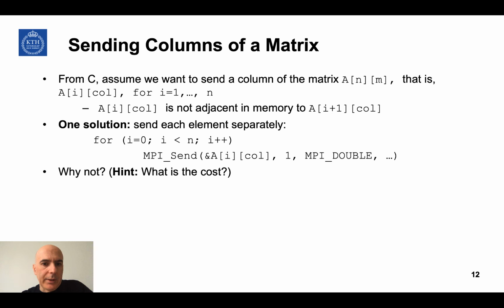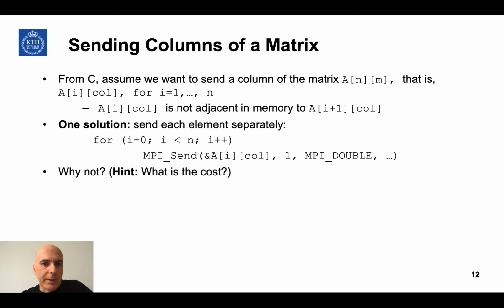Well, one solution would be to send each element of the column separately. So we can make a loop, with one index for the column, and then we loop across all the elements of the column, and for each of these elements we make a message. So why don't we want to do that? Well, the reason is